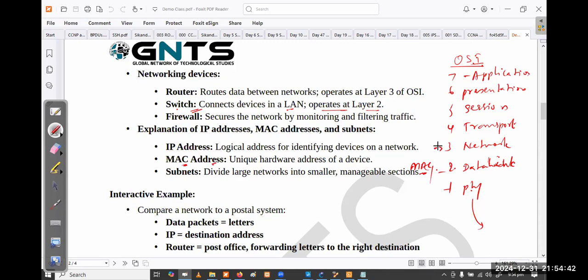And in the network layer, we are using the IP address, right? In the transport layer, we are using TCP or UDP, right? Transmission control protocol or user datagram protocol, right?